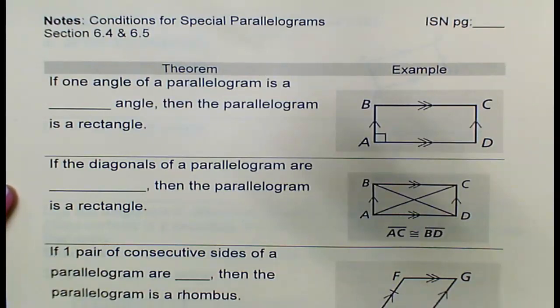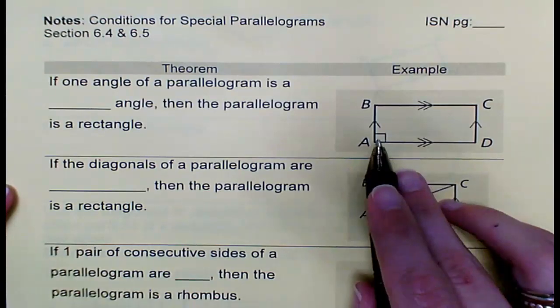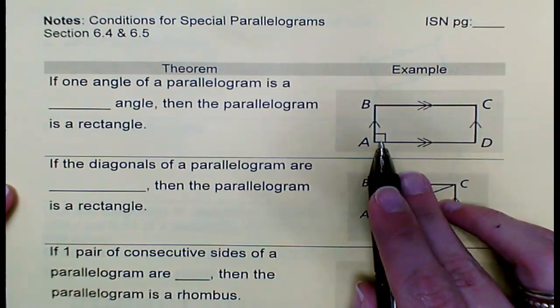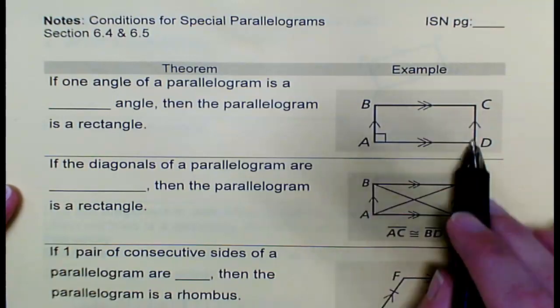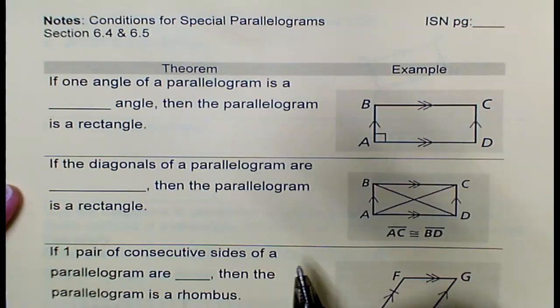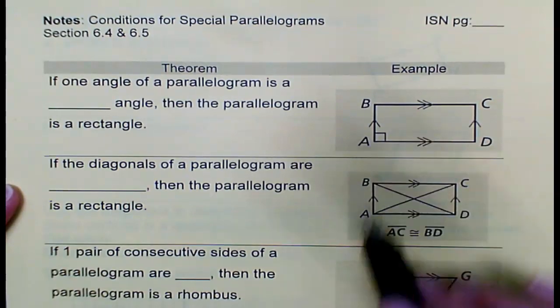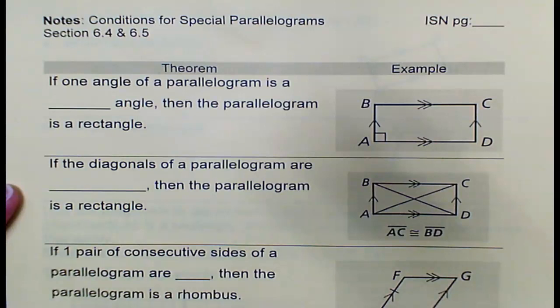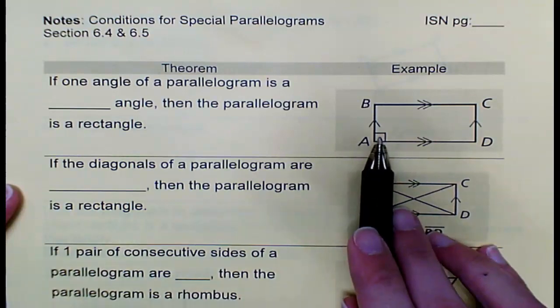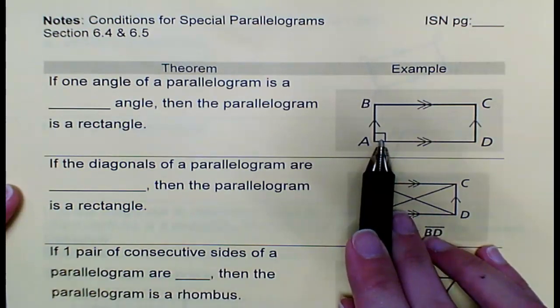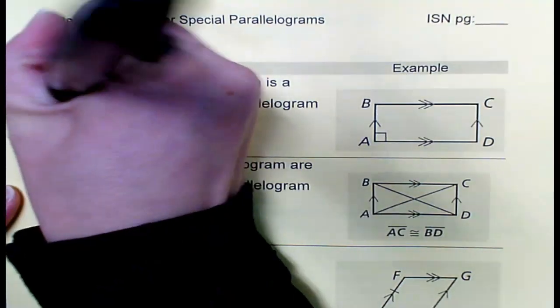So the first theorem says if one angle of a parallelogram is a blank angle, then the parallelogram is a rectangle. Now obviously this is a parallelogram because I see that it's a quadrilateral and its opposite sides are parallel, satisfying the definition of a parallelogram. So it says if one of the angles of the parallelogram is a blank, so if it is a right angle,